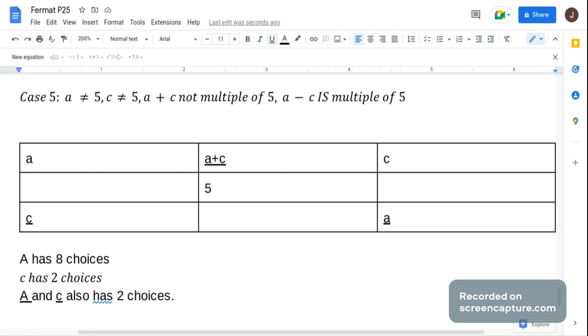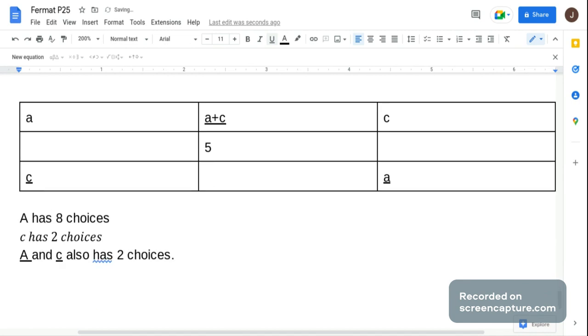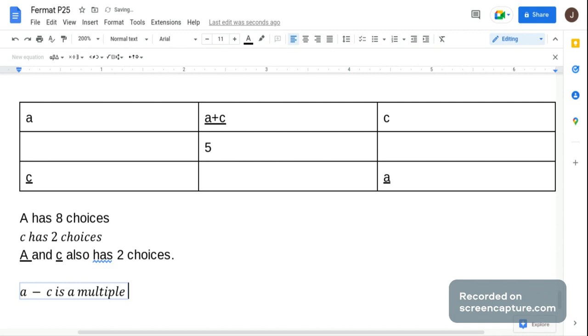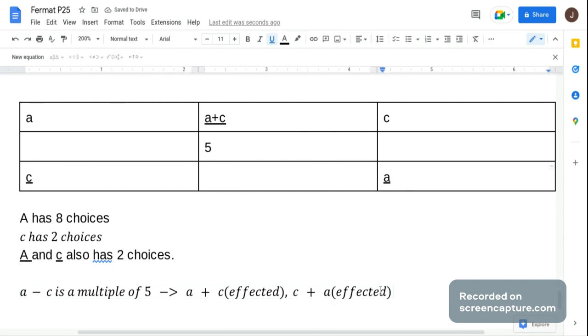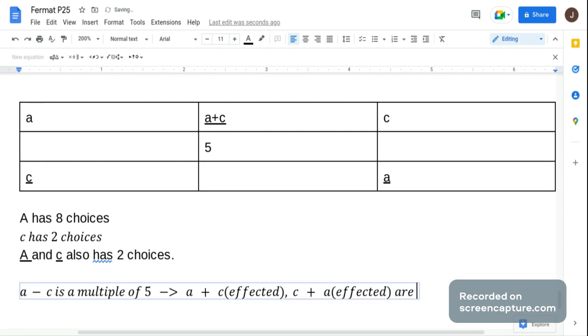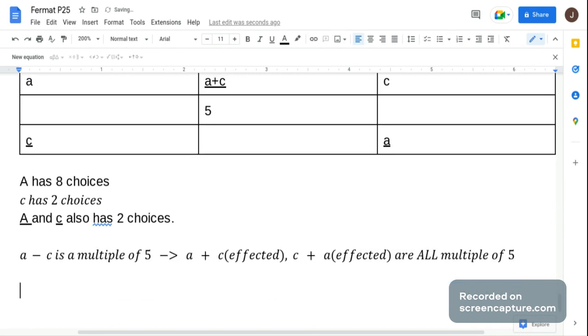So we know that we state that A minus C is a multiple of 5, which then can direct to A plus C, C affected, C plus A affected, which is this plus this and this plus this are all multiples of 5. So why? You may ask me, why is it like that? Because